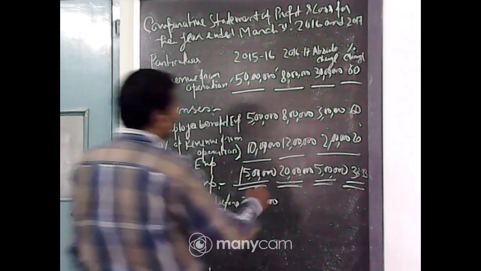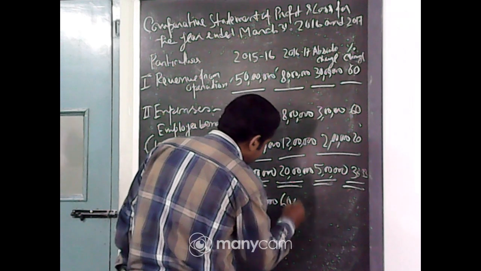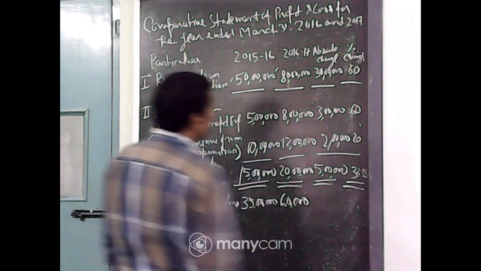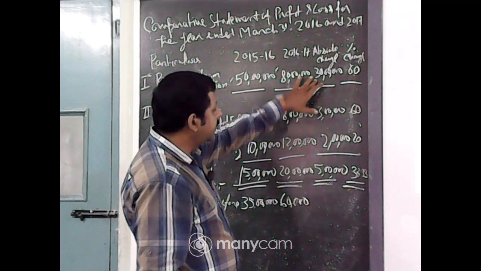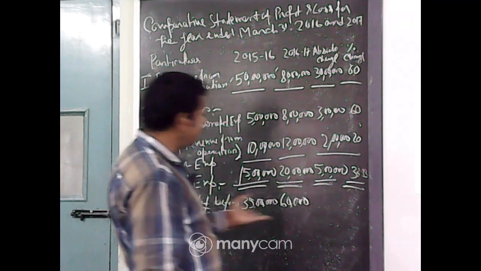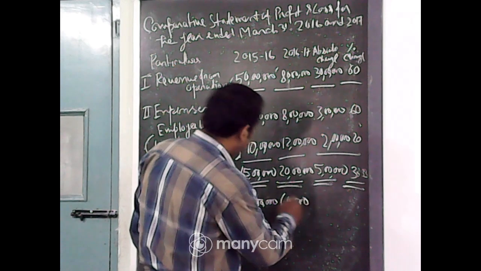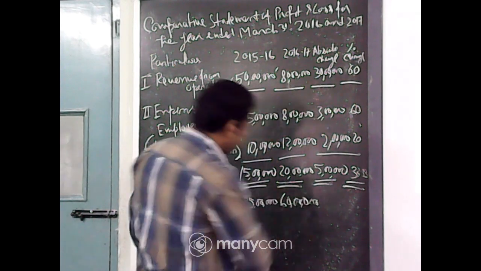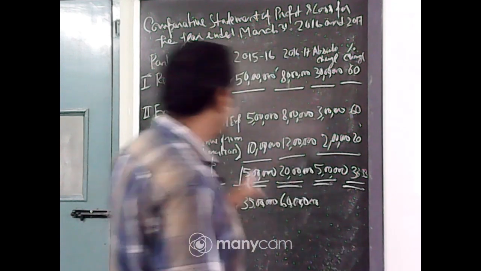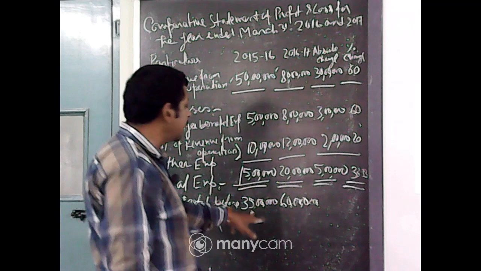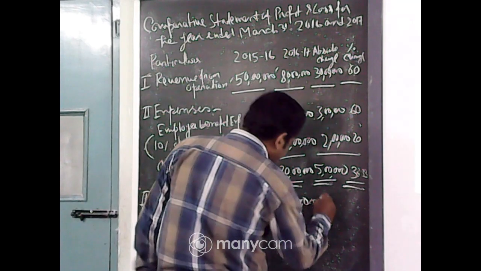Now here it is also 80 lakh minus 20 lakh, that is 60 lakh. But when you figure out the absolute change, you don't deduct from the original figures. Actually the current year figure is 60 lakh minus 35 lakh, which means 25 lakh.